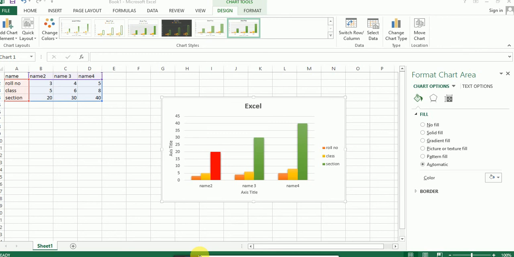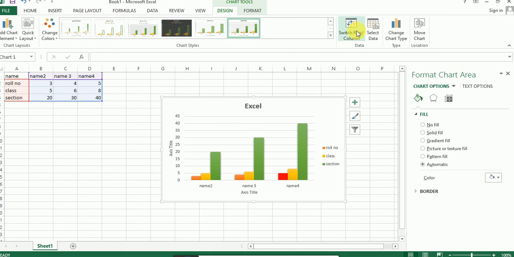Switch row and column data. You can use it, this one, switch row and column data. That means what? Roll number, class, and section are the categories, and name 2, name 3, name 4 are the series.